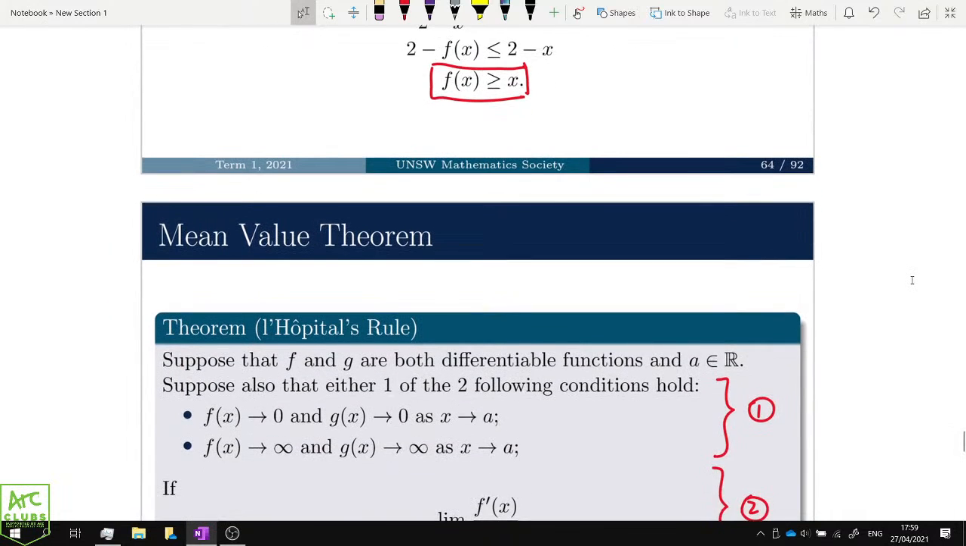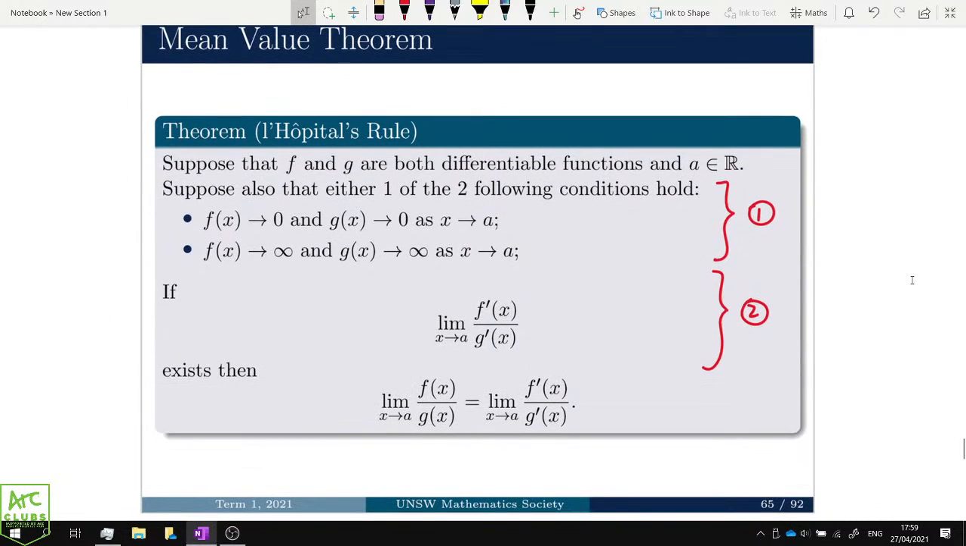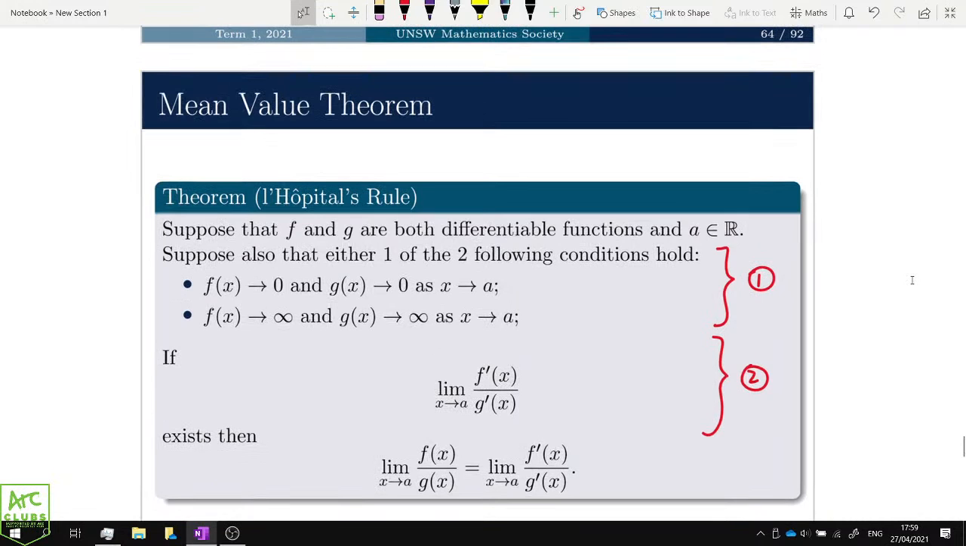Okay, another theorem that we covered in the topic mean value theorem is L'Hopital's rule. So L'Hopital's rule basically states that suppose that f and g,